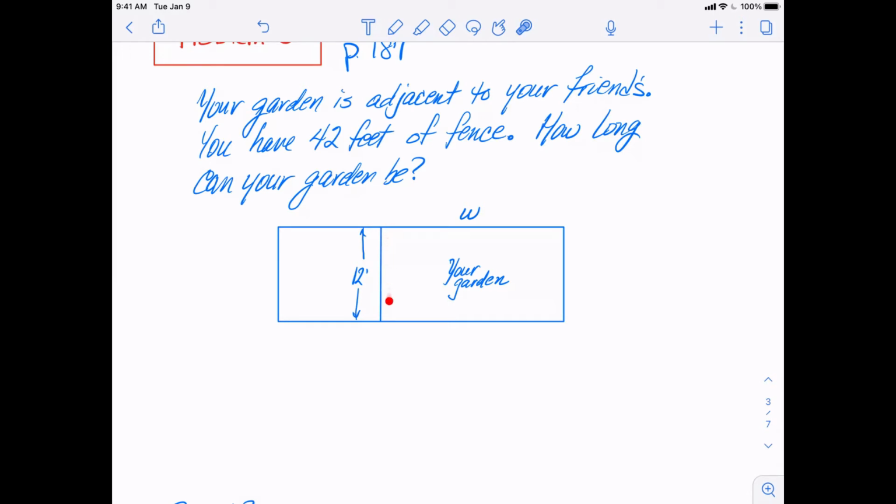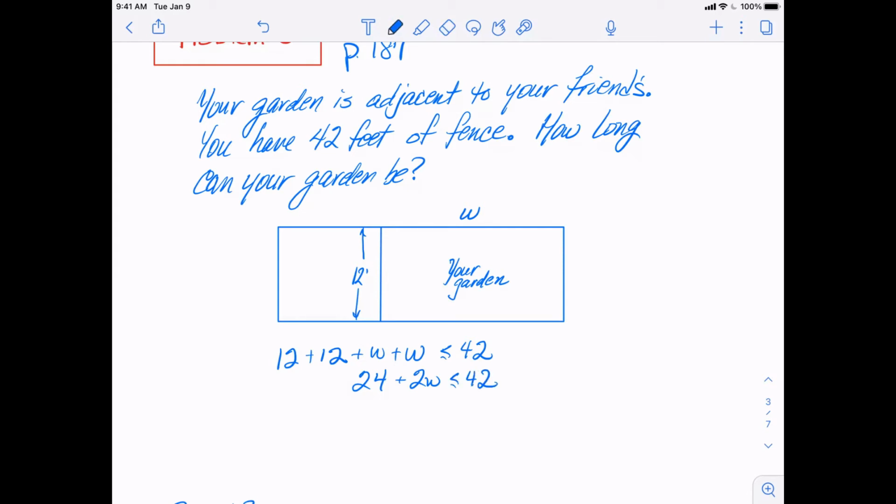So you're going to need 12 feet here and 12 feet here. So that would be 12 plus 12. And then you're going to need W feet here and W feet here. So plus 2W. And this has to be less than or equal to 42. We can simplify this to 24 plus 2W, is less than or equal to